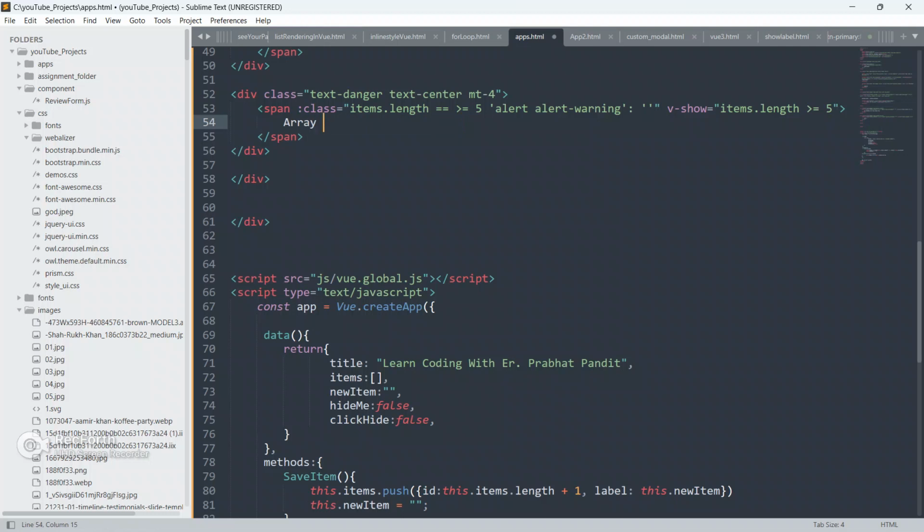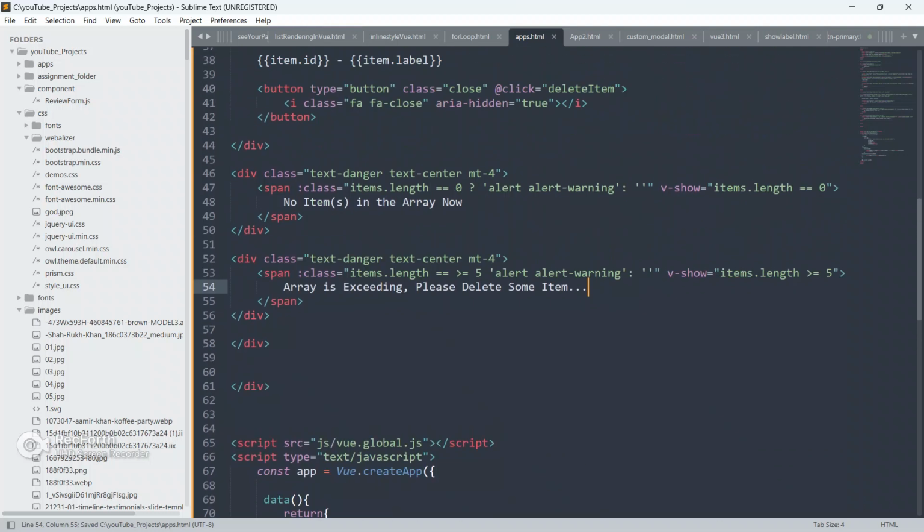We will put the text here: array is exceeding, please delete some item.